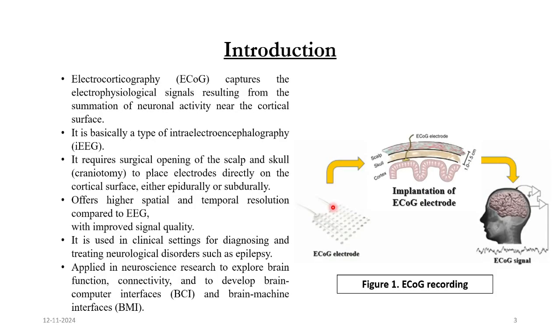So let's dive in. So electrocorticography captures the brain electrical signals by directly placing the electrodes on the cortex of the brain. Unlike EEG, it does require a surgical procedure in which the electrodes are placed deep inside the brain. Thus, it's an invasive process, but with a better accuracy. It provides a high spatial and temporal resolution for better brain activity monitoring, and thus it's more critical in a clinical setting.